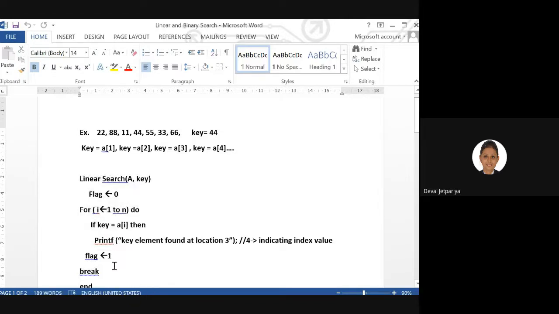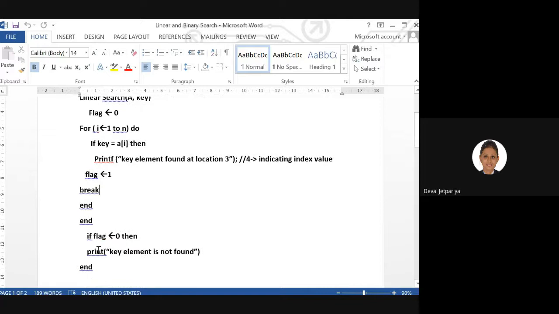But if we are not able to get any match, that means the flag value will be 0 throughout the list. In that case, we print that the key element is not found. Everyone getting this?